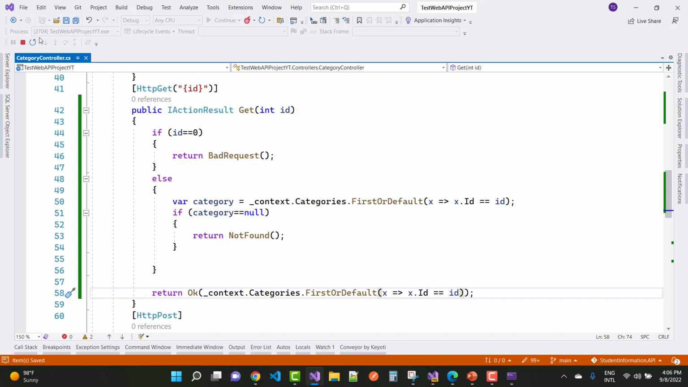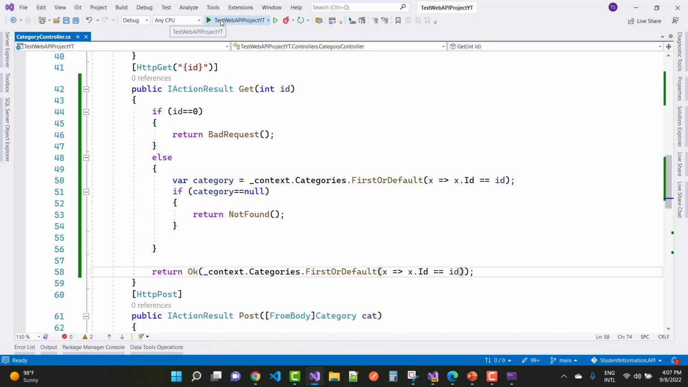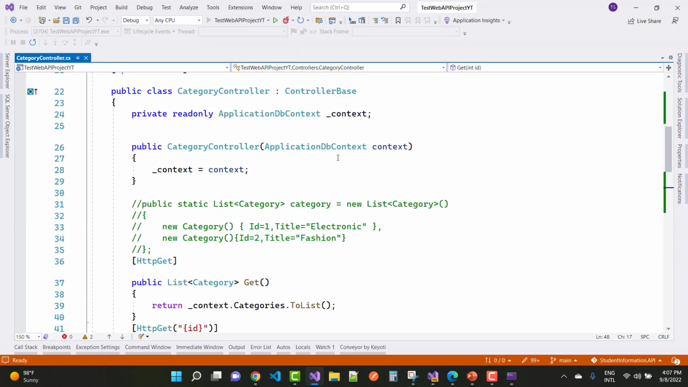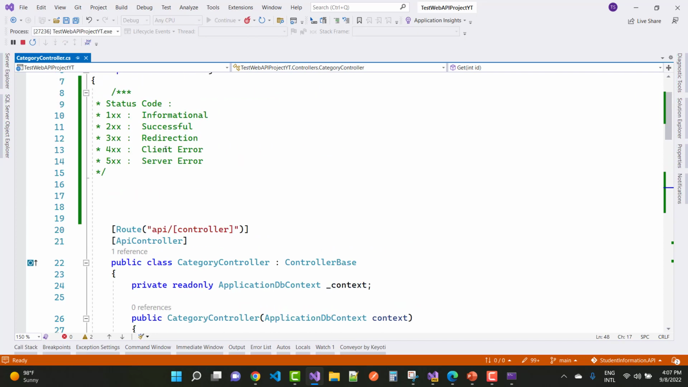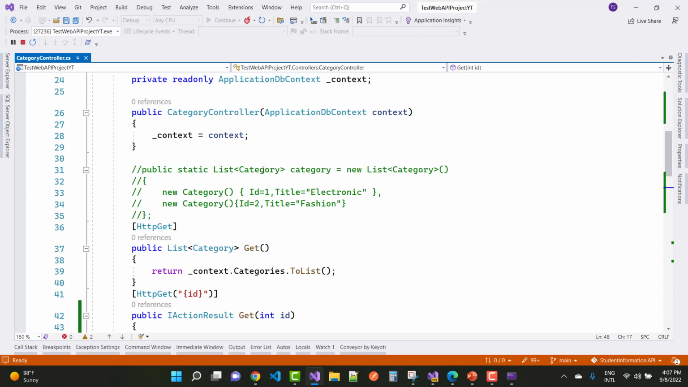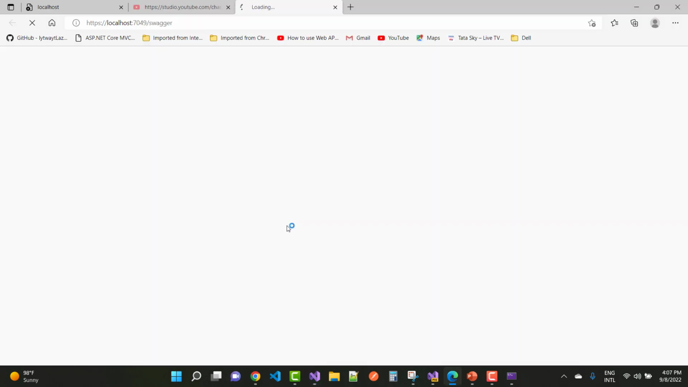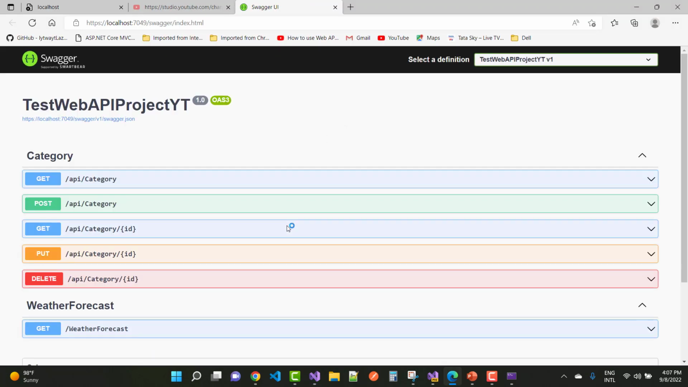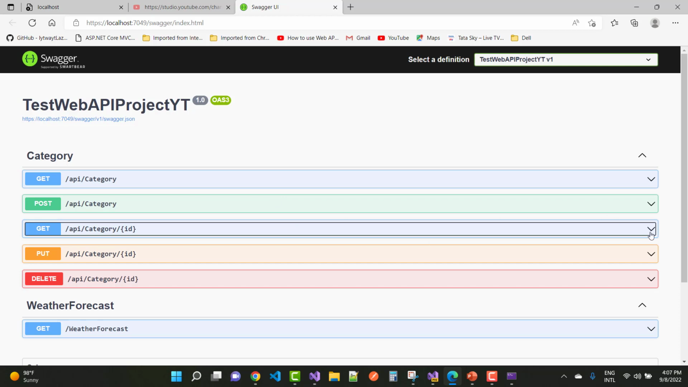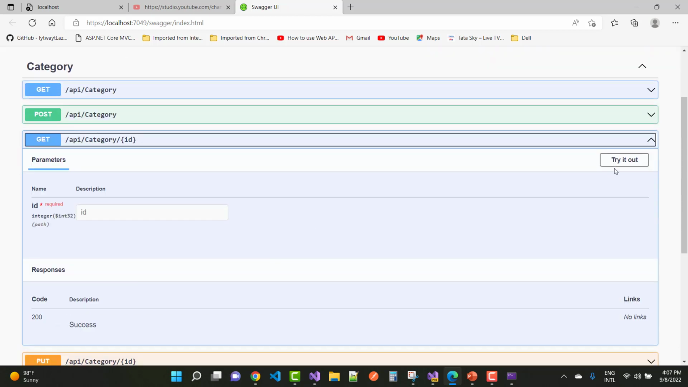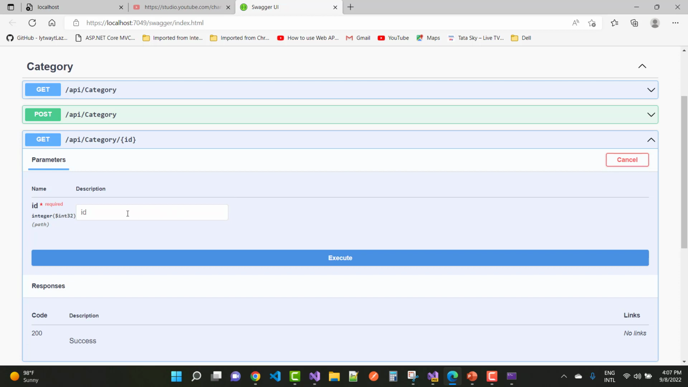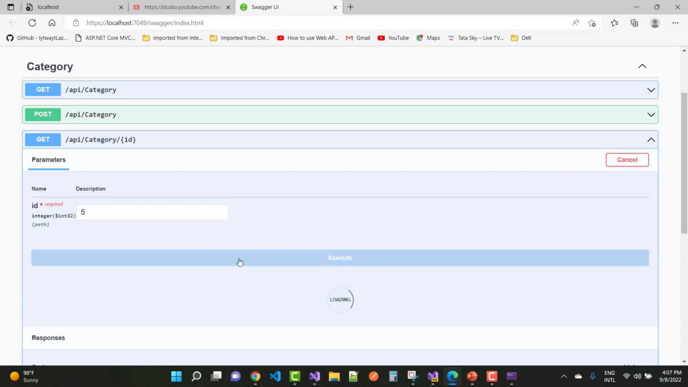Okay, so here we go to give the proper message. You can see that the status code is 404, and bad request is related to id 0. If you pass a wrong id in the parameter, you can just pass it here, try it out,